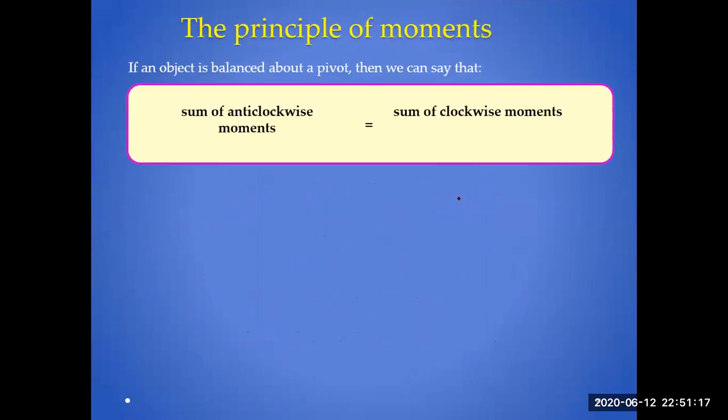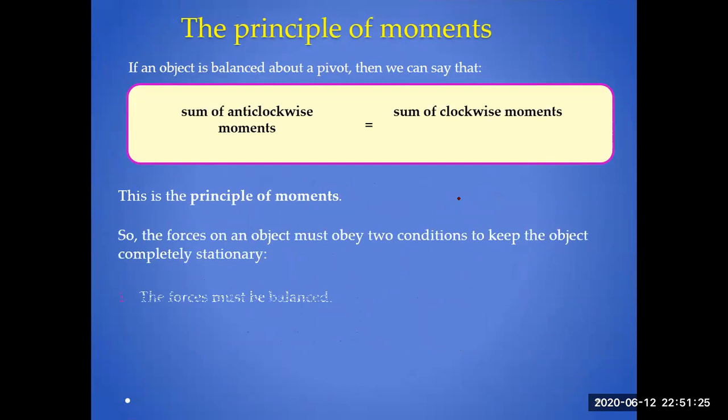Principle of moments: the sum of anti-clockwise moments is equal to the sum of clockwise moments. So here it is. This is the principle of moments. If you have a meter rod and you are hanging it balanced at a balance point at the center of a seesaw, you will see you are hanging one weight. Perhaps you have done it in your lab practical for the moment. You have used W1 on the right side and W2 on the left side.